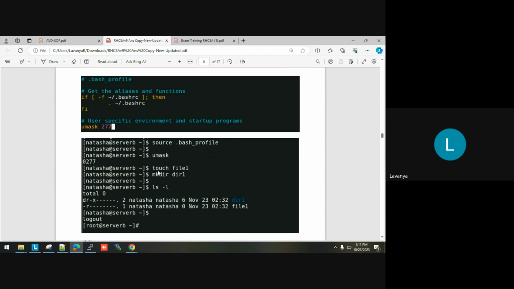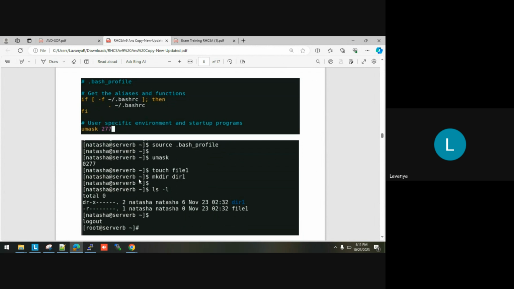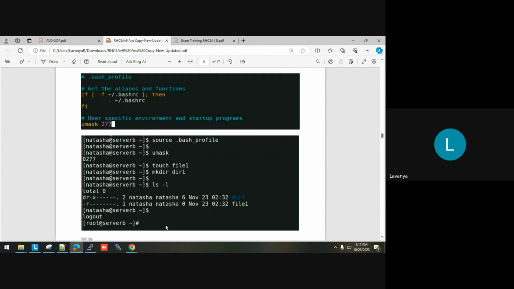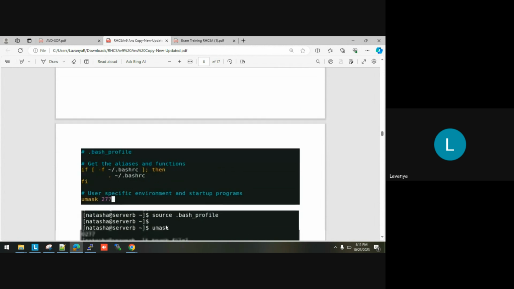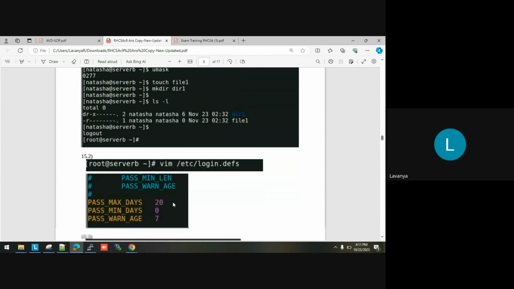Then try to log in as that user, just try to create a file and directory and check whether you got the correct permission for the files and directory or not. Okay. This is how you can check. This question you will get, or else you will get